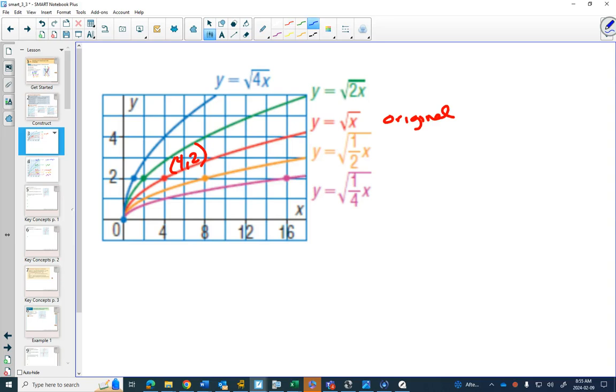And anything that happens inside is going to affect the x values. And just like things moving left and right, do you remember how it was sort of opposite of what you think? For the x values, you don't multiply by 4,